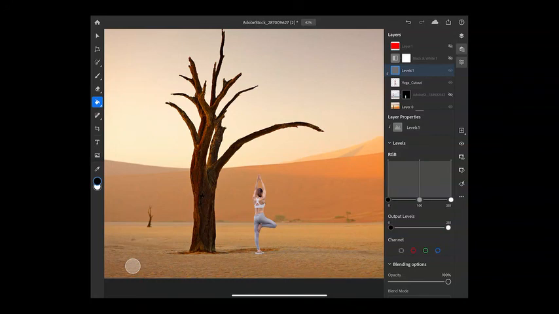Oh my God, crazy. Okay, let's go to our blue channel. Let's finish it up. Let's go to our blue channel. We're gonna pull that down a little bit. We're gonna go to our green channel and pull that down a little bit too. So we're working on a balance there. Now I'm gonna turn these layers on and see how